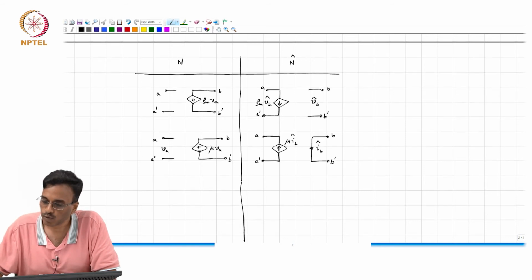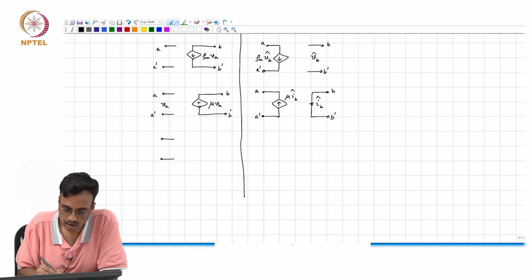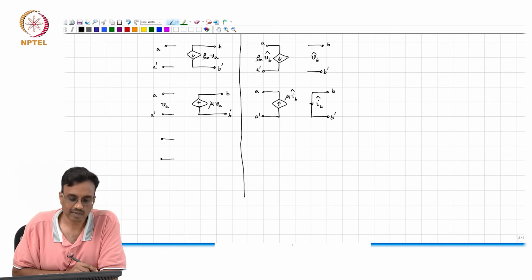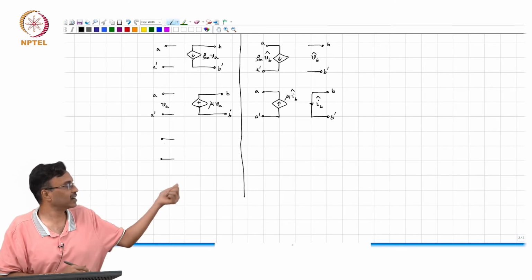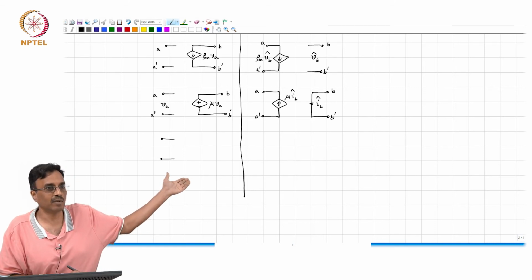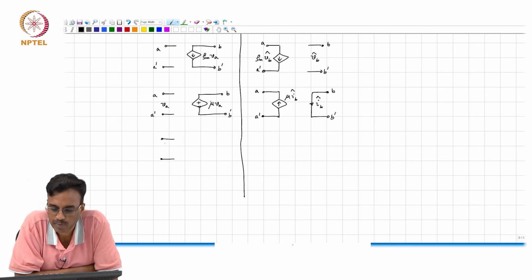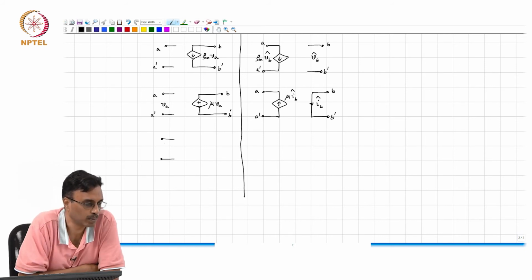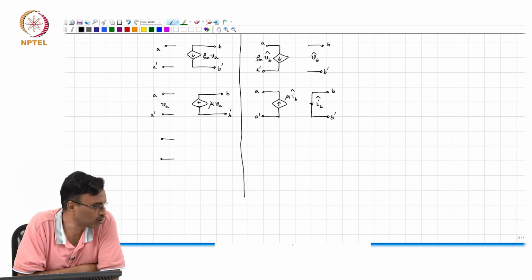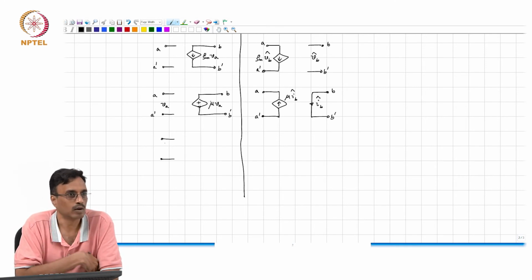Okay. So, now without further ado, let us write up the other cases. There is in fact only one other case. What is that other case? Current controlled voltage source, because the current controlled current source is the same as the voltage controlled voltage source. If you have a voltage controlled voltage source, we replace it with a current controlled current source with the controlled and controlling ports flipped. Likewise, if you had a current controlled current source, you would replace it with a voltage controlled voltage source with the controlling and the controlled ports flipped.